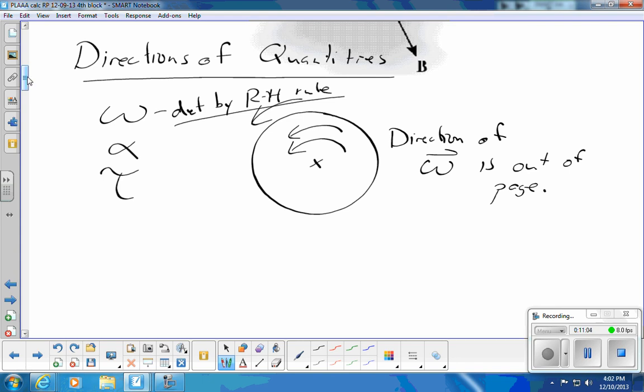And that direction is always along an axis of rotation. The axis of rotation of this rotating disk goes in and out of the board, and in this case, the defined direction of the angular velocity is out of the page. The direction of angular acceleration then follows, because this is defined as d omega dt, and so this is a